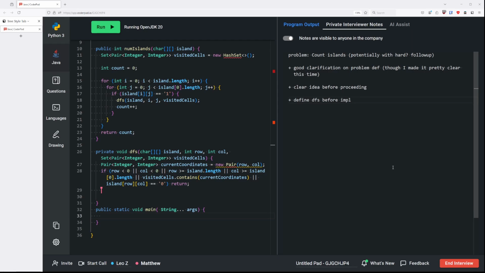So in that case, what we need to do is first of all add the current coordinates to the visited cells set. And then after that, we need to traverse the north, east, south, and west neighbors. So north would be row -1